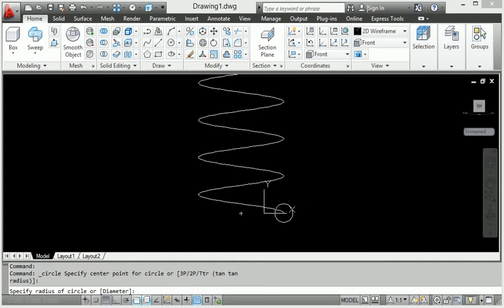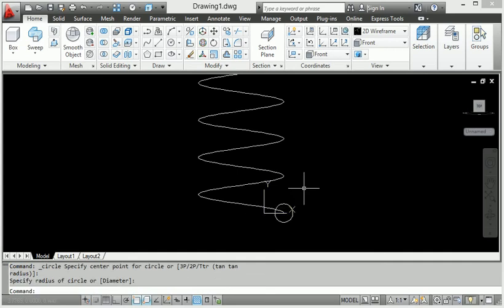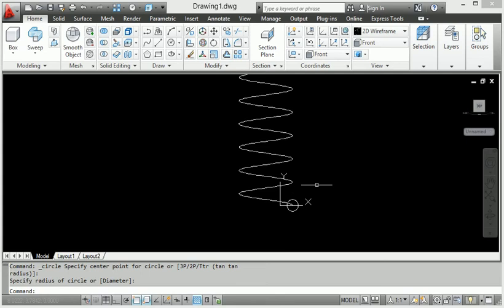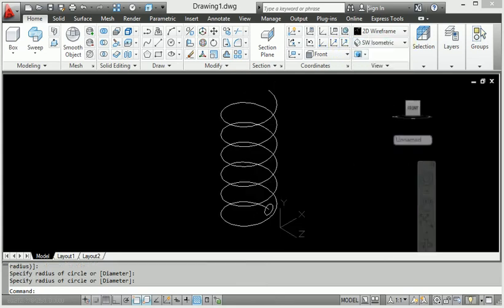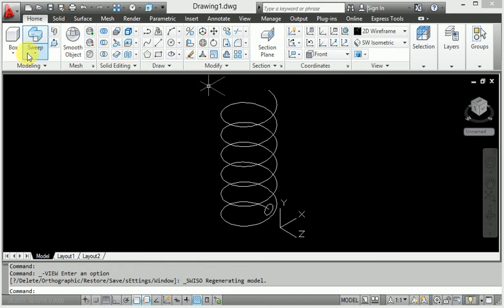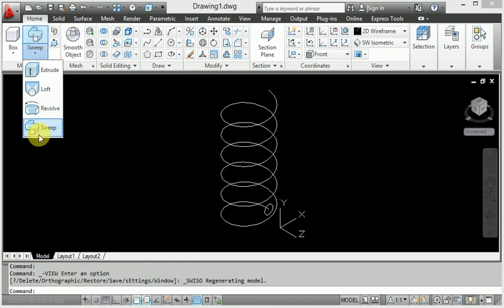Look at this one, then exit from here and go to the isometric view. Now let's check this isometric view. Then after ISO I will use the sweep command.